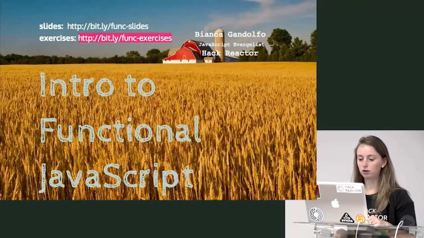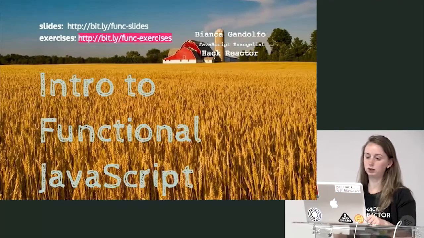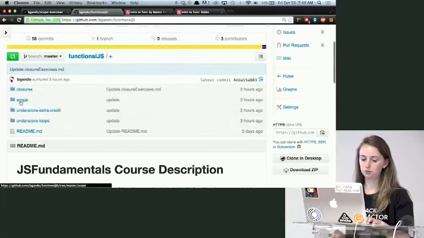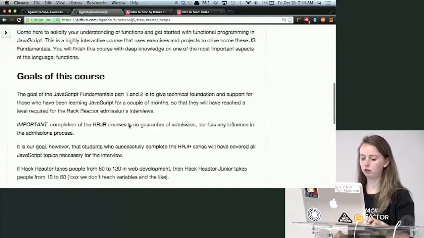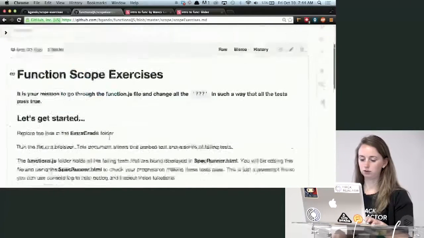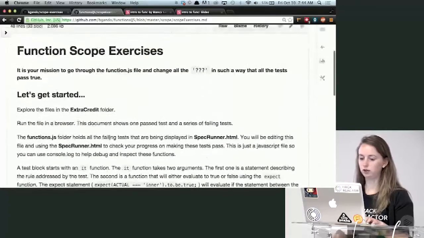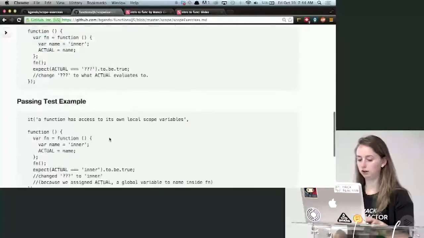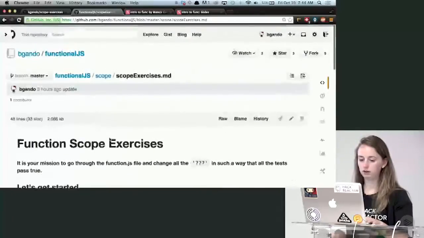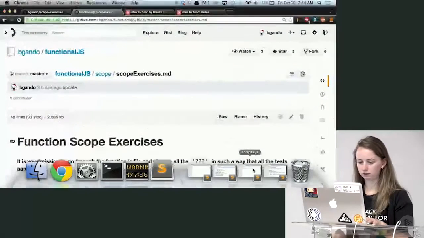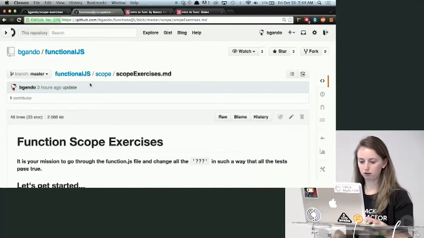Cool. So here is a link for the function exercises. We're going to start with scope. This is a little different than the exercises that we did yesterday. The scope exercises are test-driven. I have a doc here, the README, that will explain exactly how to do it. But the basic idea is, if we go here,